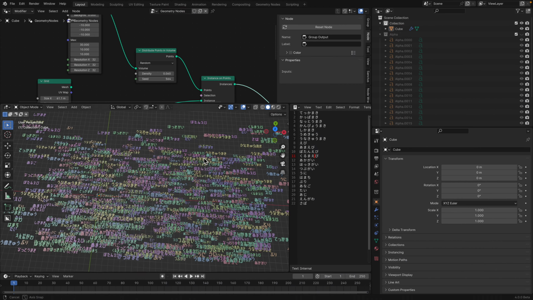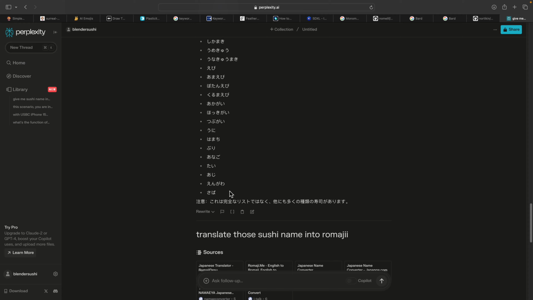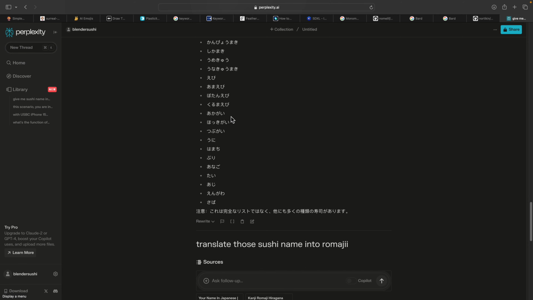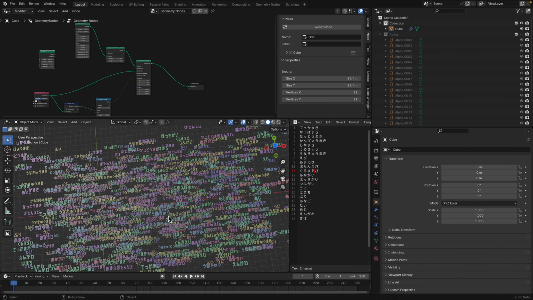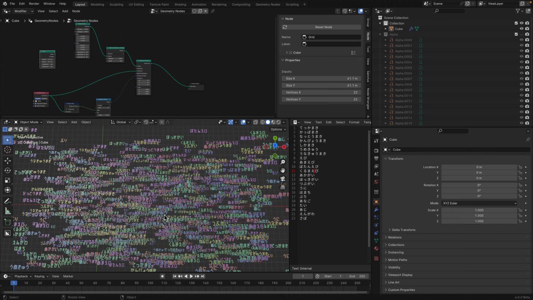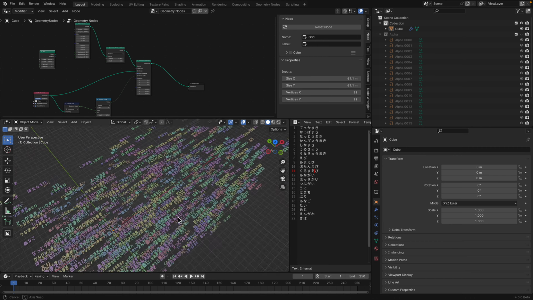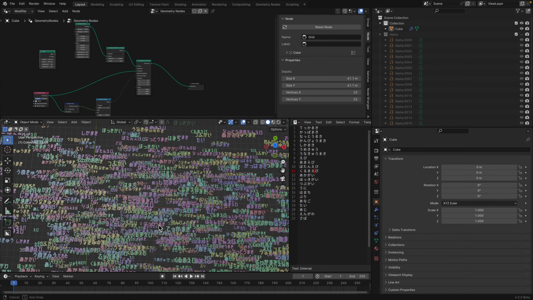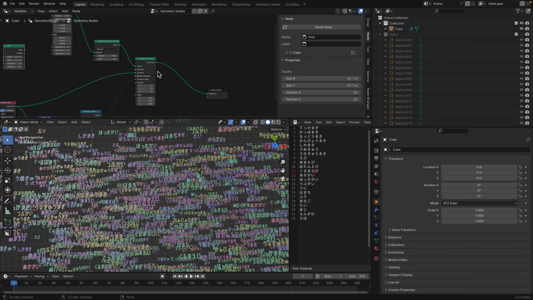So yeah, the whole thing is streamlined from the text from the AI. That's the text. The AI gave us the names. In the future, we have a layout of something. We have a layout or a menu, and we want to arrange not just sushi. Maybe we want to arrange furniture. Let the AI arrange the layout and then replace it with real 3D objects. That's possible. But in this case, I'm pretty happy with just random sushi like this,